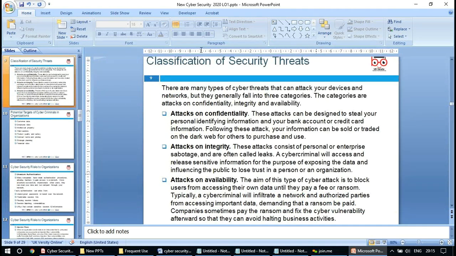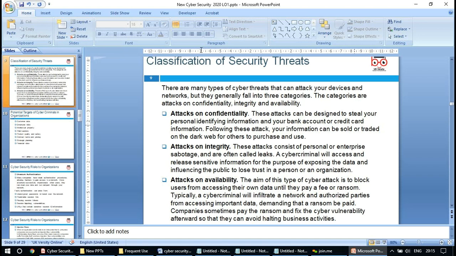Now, classification of security threats. Normally the security threats could be classified into three categories: they can attack on the confidentiality, they can attack on the integrity, they can attack on the availability. Availability, in a sense that if they're trying a denial of service, then it's one kind of the category. And when they attack on the confidentiality, these attacks can be designed to steal